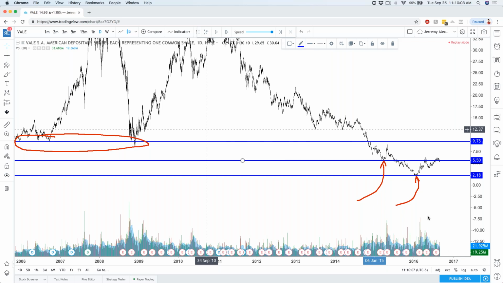Now, once I draw the lines, and this is the same process anytime I'm looking at a brand new company, once I get my lines in, then I ask the question: what is the trend? Because once you answer this question, you will also be able to determine your time frame. How long are you going to be in things? How are you going to be taking the trade? Is it bullish? Is it bearish? Are you quick in, quick out? So this trend, I would say, is right now pretty bearish, relatively speaking,